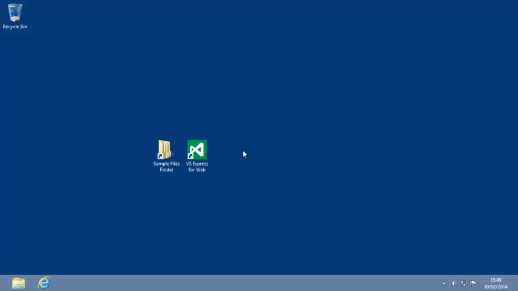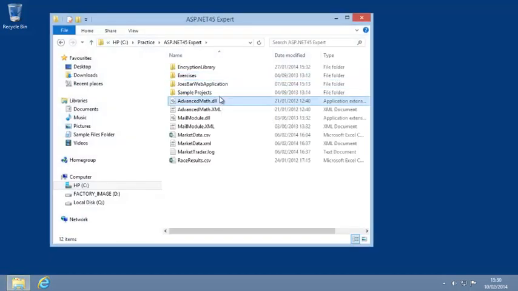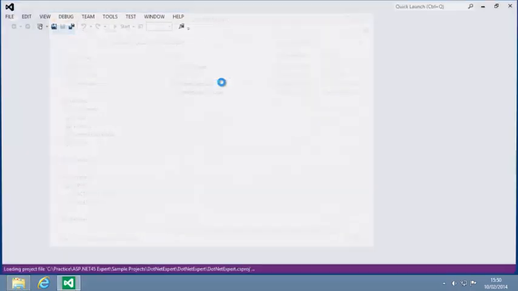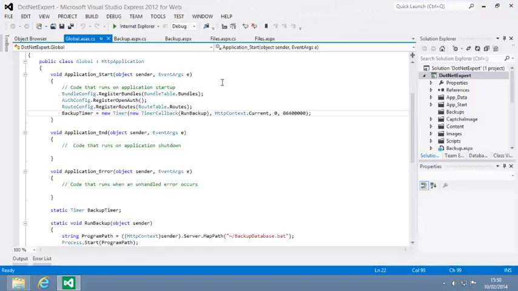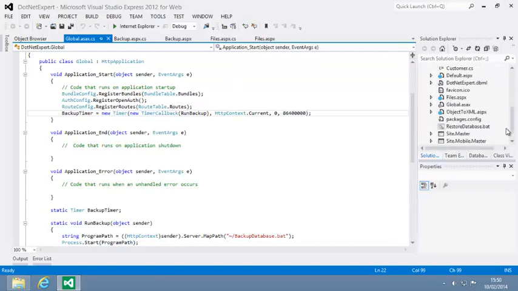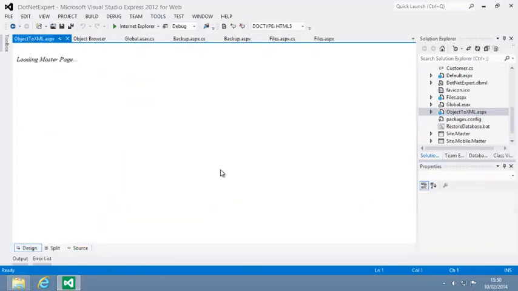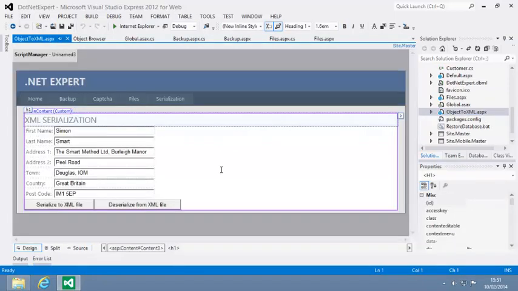To begin this lesson, open the .NET Expert project from your Sample Files folder. And open Object-to-XML.aspx in Design View. Once complete, this page will enable you to save the name and address details into an XML file and retrieve them again. Open the code behind file of Object-to-XML now,